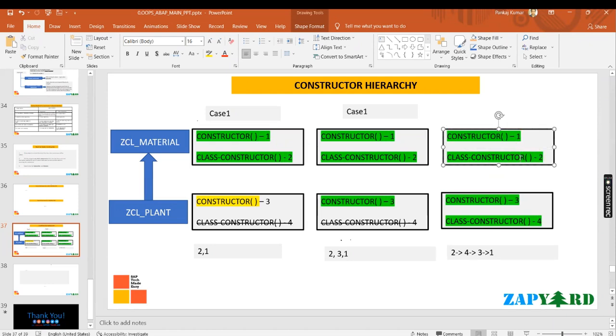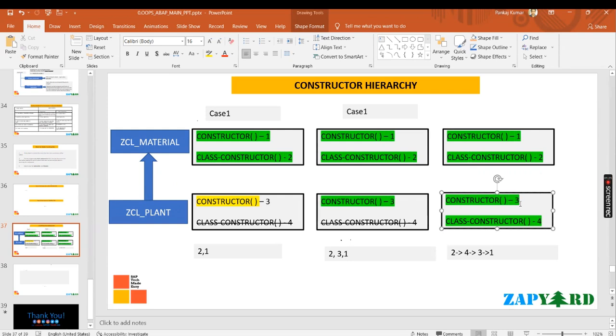Let's suppose you have some static variable, put it over there in the super class. Obviously that should be populated first, right? And then, if some logic is there, that is static, right? We have the static constructor. It is not the instance. If it is the instance, then this is fine, right? And again in the instance also, we must call the super constructor. This is also making sense. Why is it making sense? Because